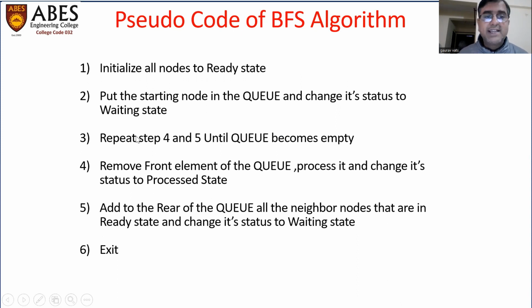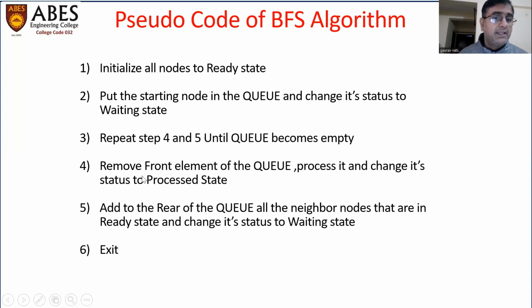Now, what is the next step? Repeat steps 3 and 4 until the queue becomes empty. I will explain this pseudocode with an example. Just go through this. So the fourth and fifth steps we have to repeat again and again until the queue becomes empty. The fourth step is saying remove the front element of the queue. As you know, in the queue data structure, the deletion or removal of an element is from the front. That's why it is saying remove the front element from the queue, process it,